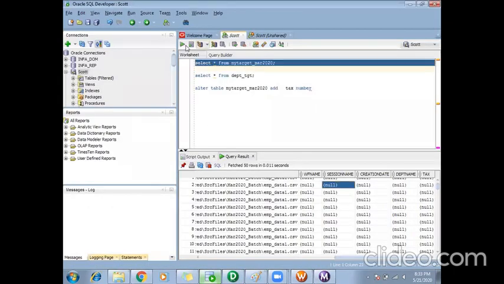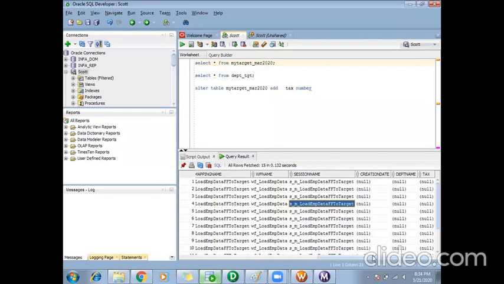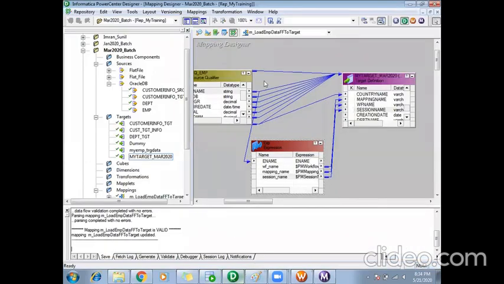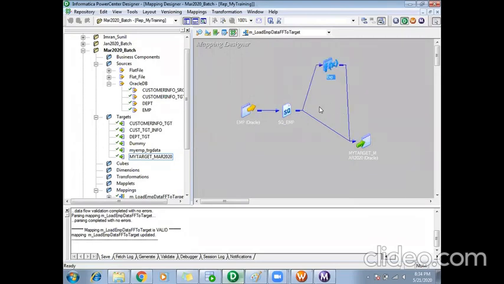If I go and check my target, now it should have the mapping name, workflow name, and session name. They might use it for audit purposes. Now assume they have one more. This mapping was for loading the employee data. So there might be some additional data formatting or other logic, which, if so, we will add in this flow. As of now, I have kept it very simple. I'm taking whatever data is coming from source and loading to target. Additionally, I am adding the audit workflow name, mapping name, and session name.